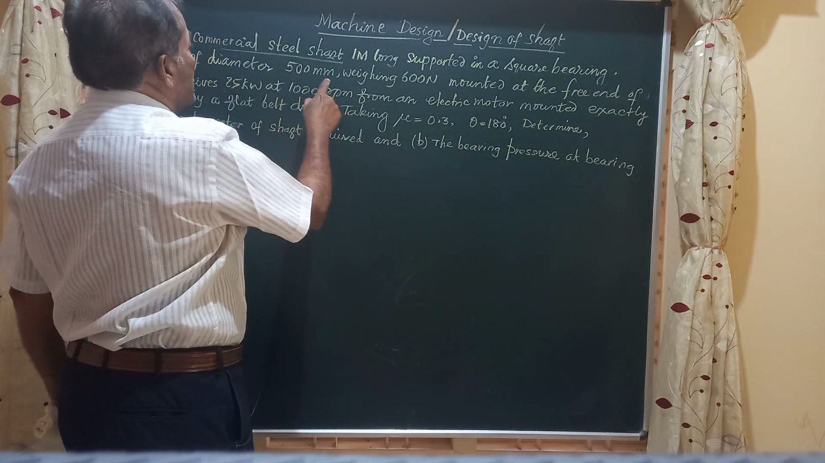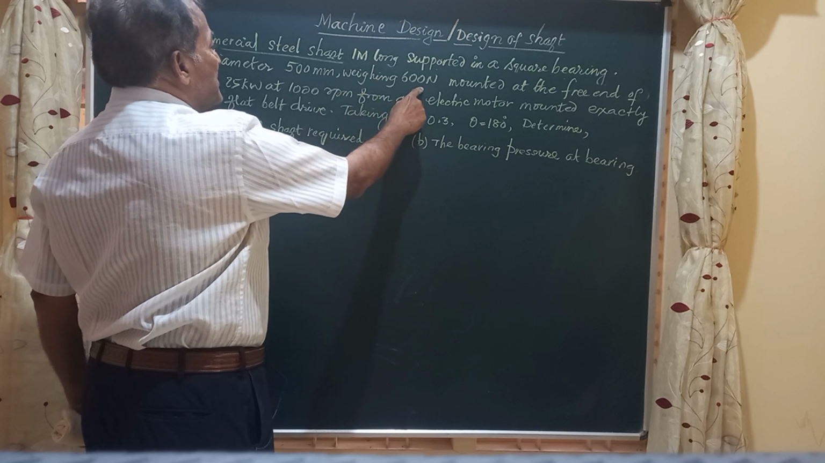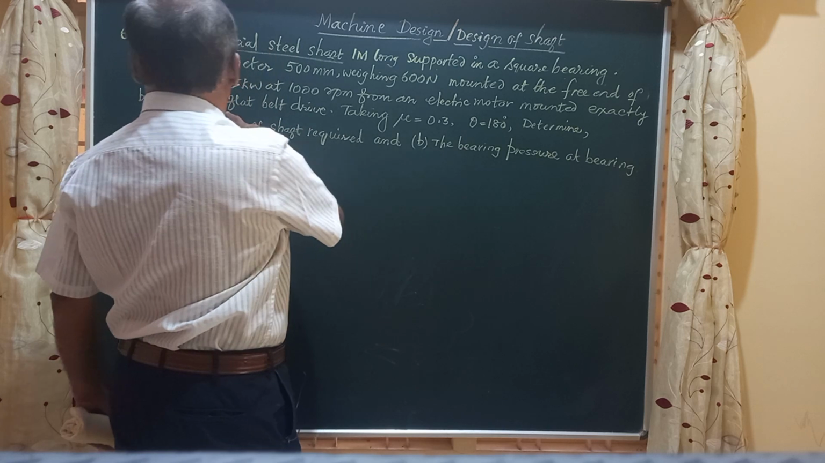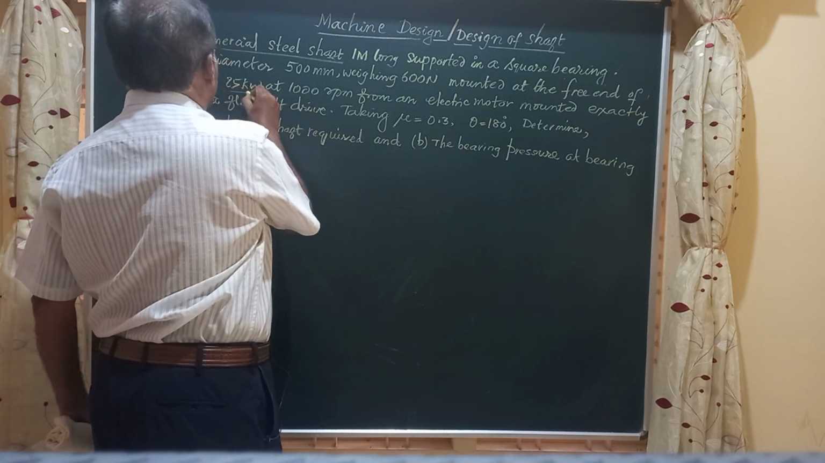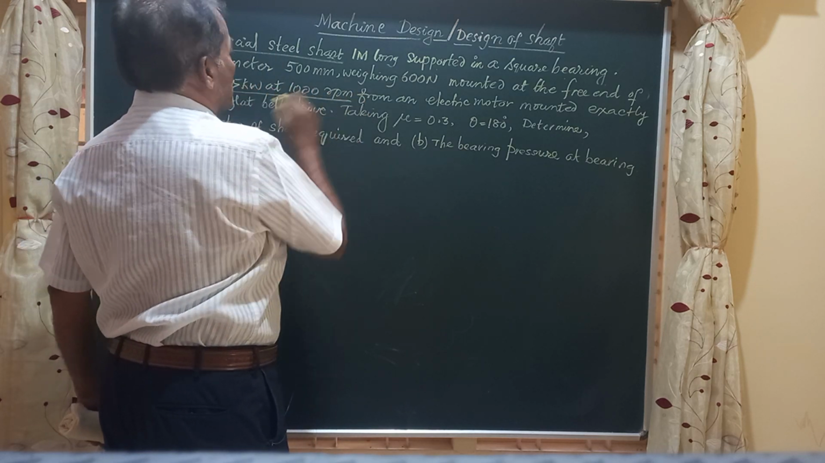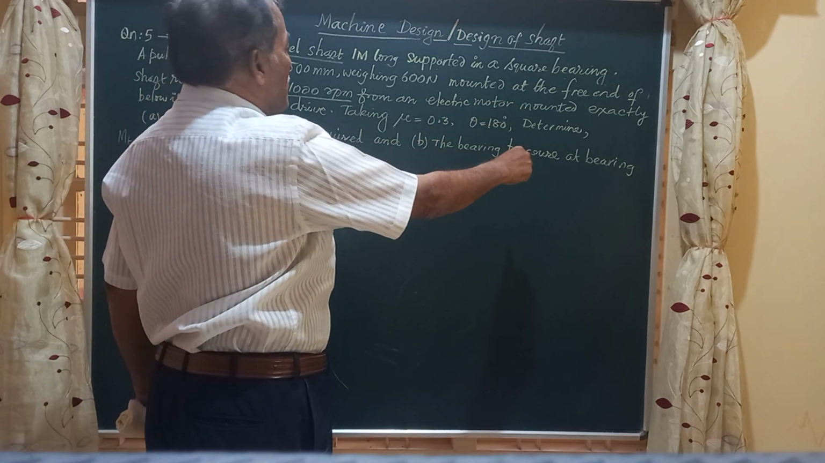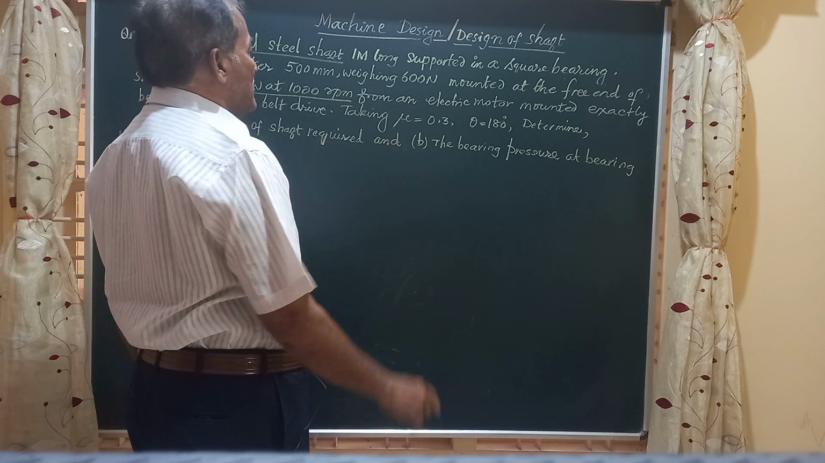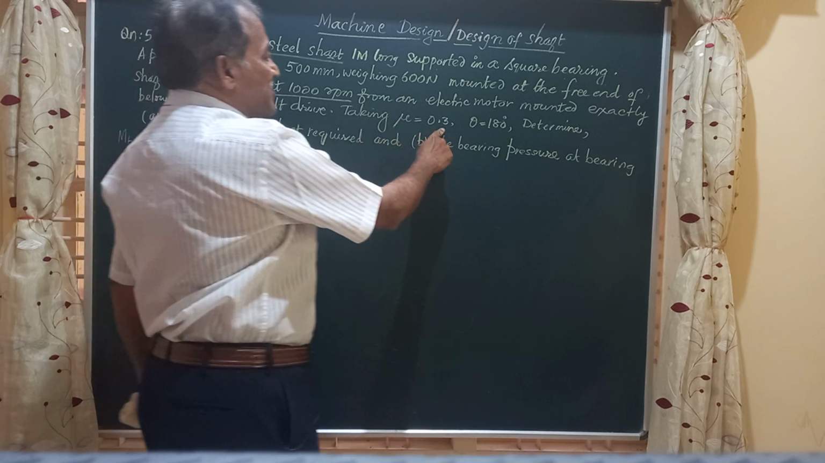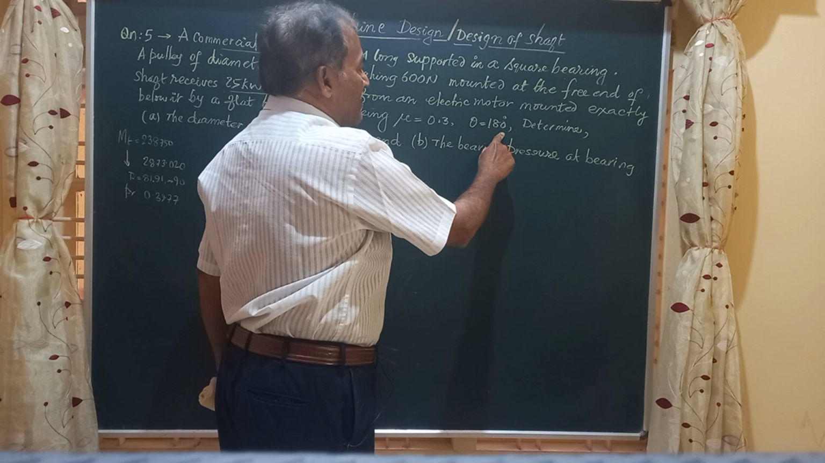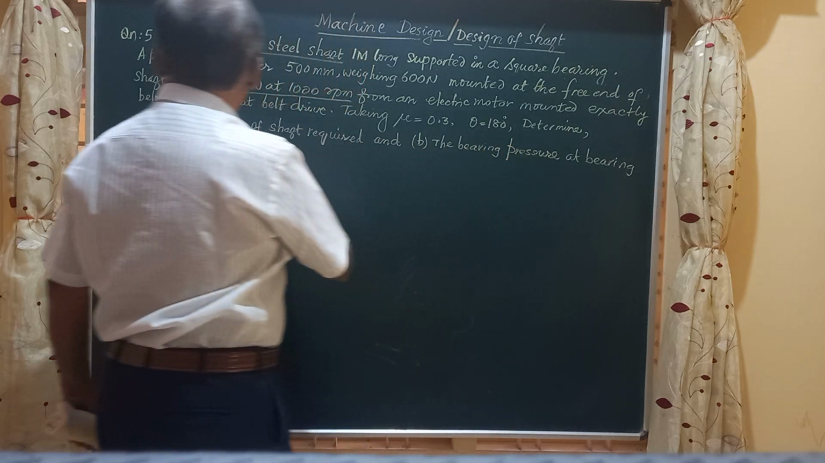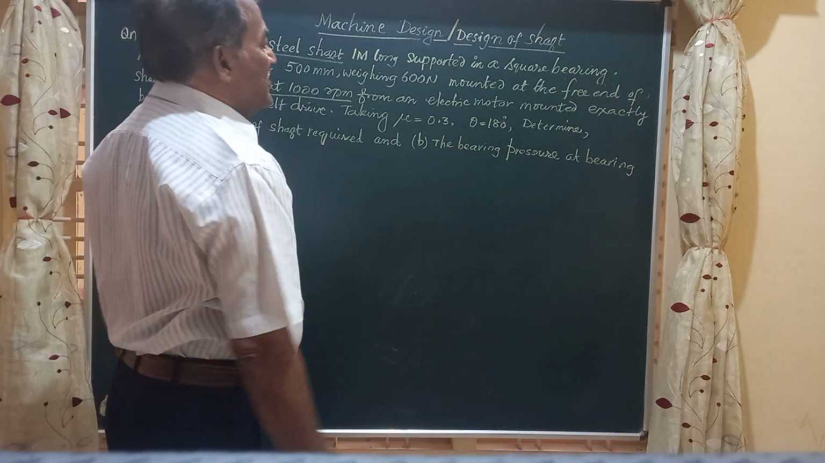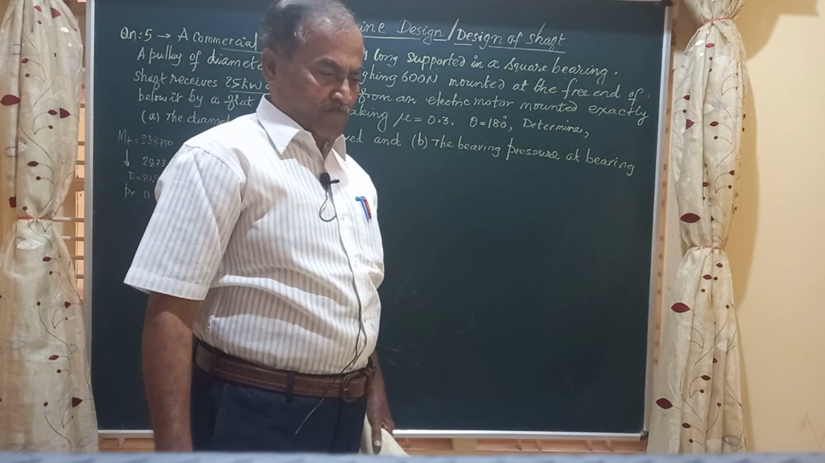A pulley of diameter 500 millimeter weighing 600 Newton is mounted at the free end of the shaft and receives 25 kilowatts at 1000 rpm from an electric motor mounted exactly below it by a flat belt drive. Taking the coefficient of friction 0.3, the angle of lap 180, determine the diameter of the solid shaft required and what is the bearing pressure at the bearing. Friends,